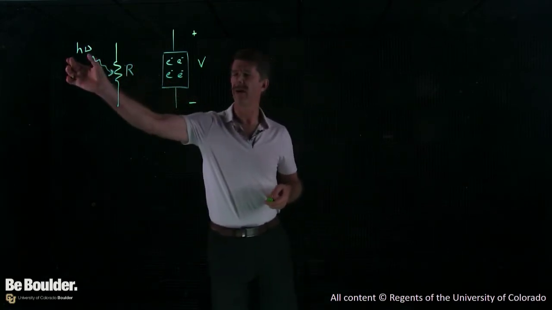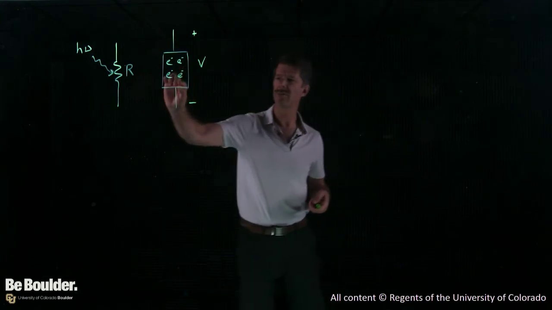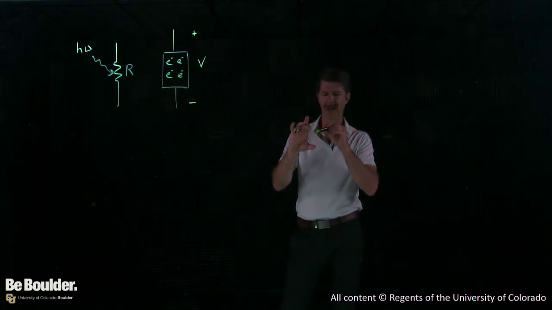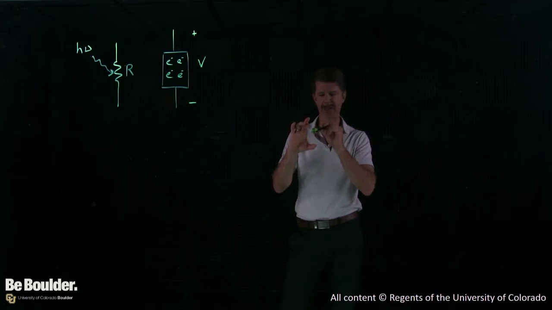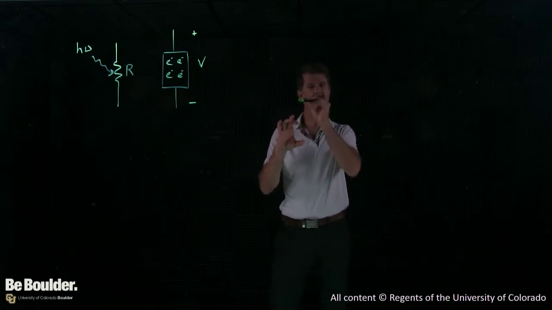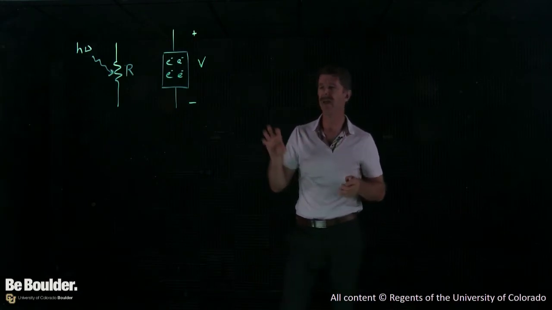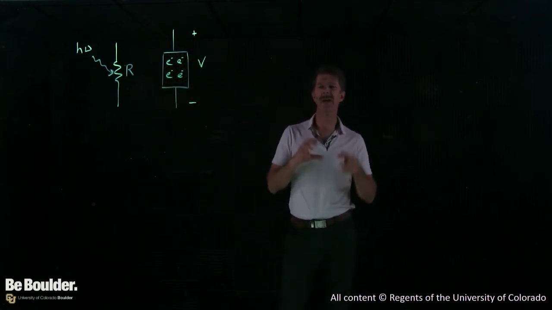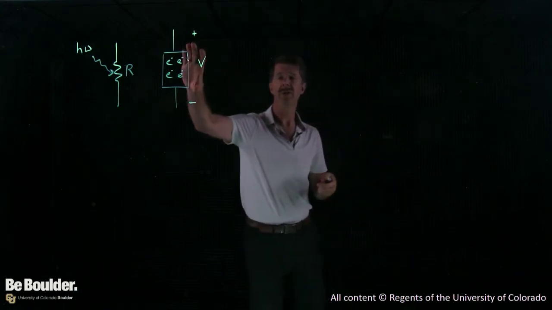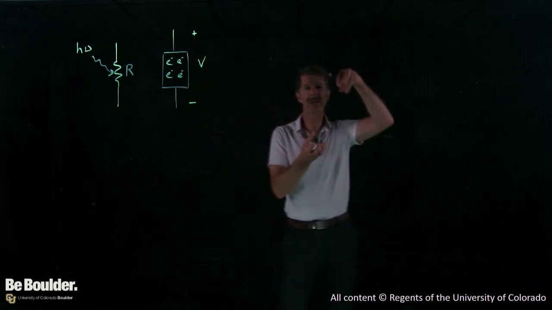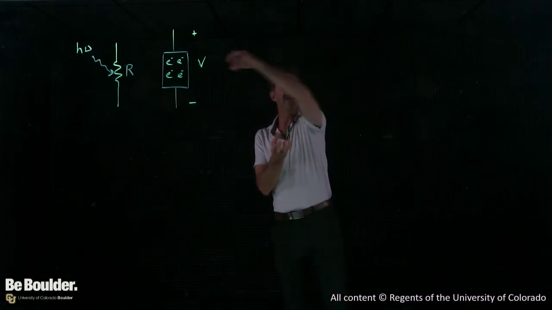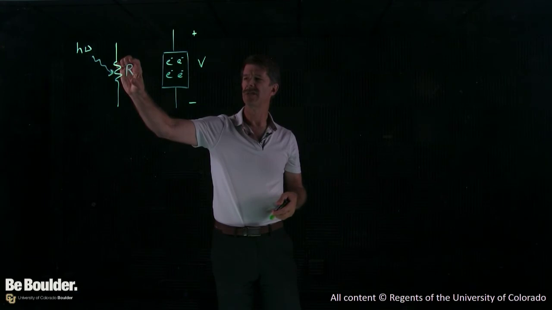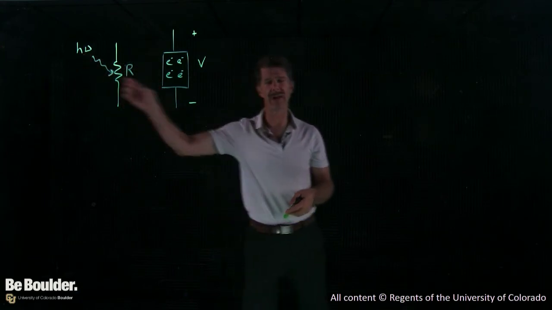But when you put light on it, the light is absorbed in this semiconductor, and if you remember your chemistry and spectroscopy, the photon has to be absorbed by a particular atom, and what happens is the electron will jump up an energy level. And the next energy level up, it turns out, in this material is one where now, when you put reasonable voltages across here, those electrons are higher up in their potential well, and they can move, and they will conduct. So you generally will see that the resistance goes down as you put light on these